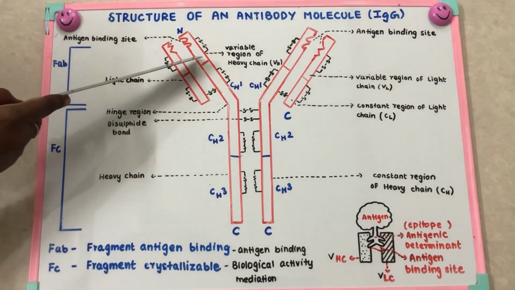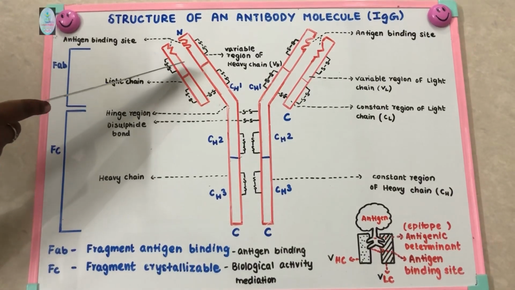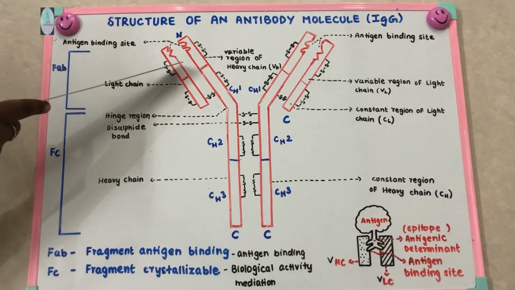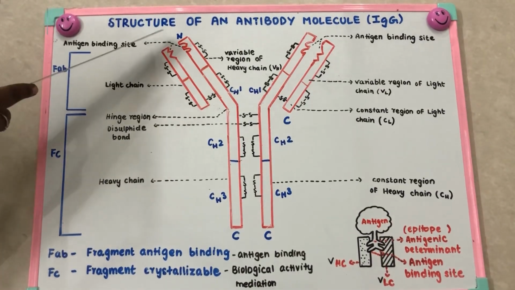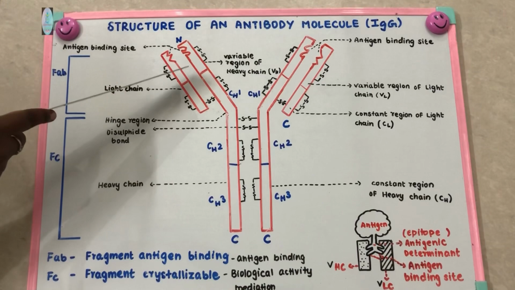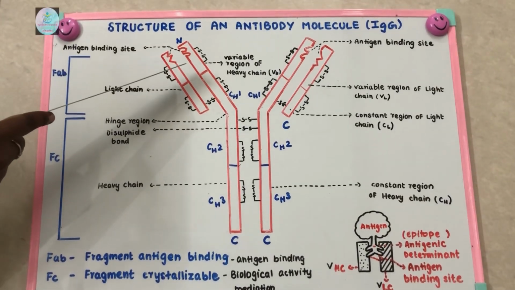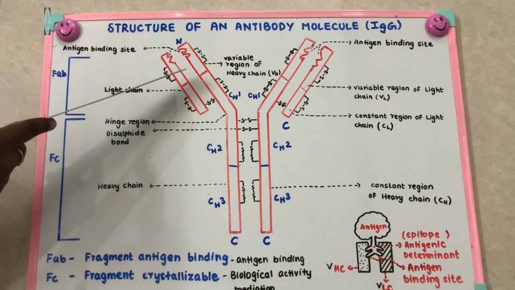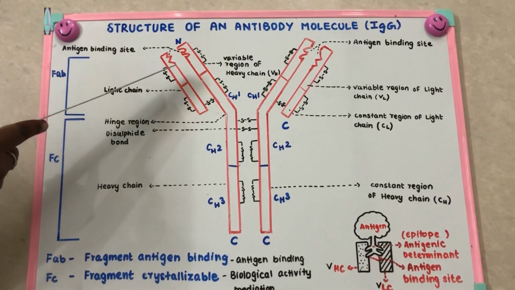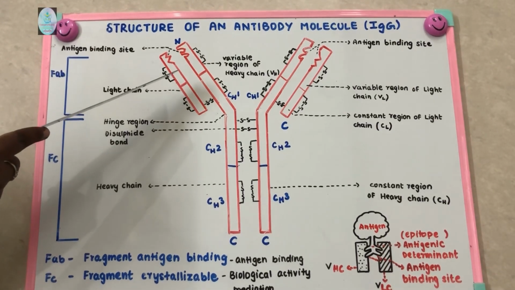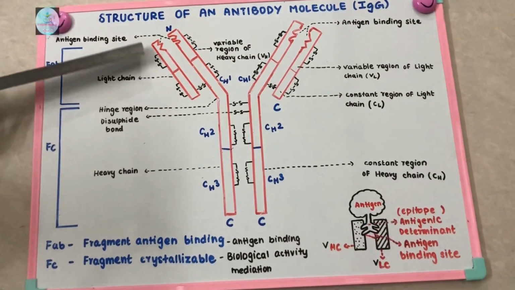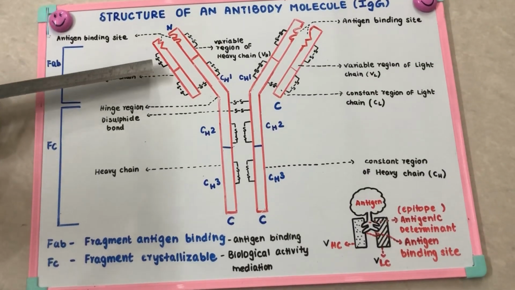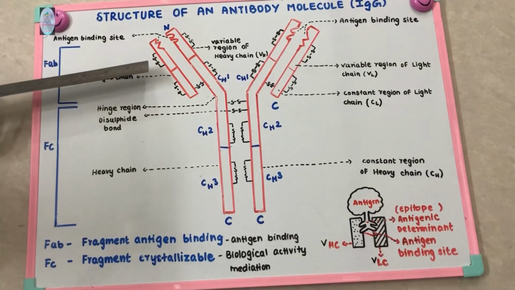Both light chain and heavy chain have an amino terminal segment which acts as the variable segment, and this acts as an antigen binding site. So the antigen comes and binds in this region of the antibody molecule. It varies among different antibodies and hence we say it is variable in nature, that is the variable region. It is composed of 110 to 130 amino acids. The variable region is antigen specific and is divided into 2 parts, the hypervariable region and the framework region.